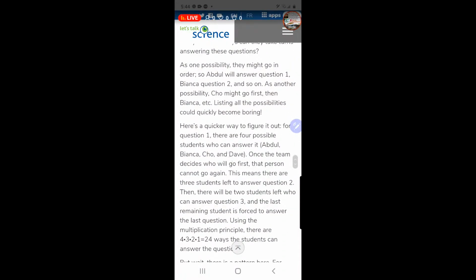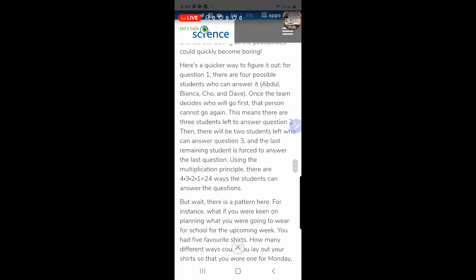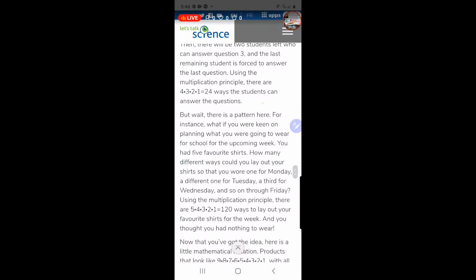Listing all the possibilities could quickly become boring. Here's another quick way to figure out question number 1. There are 4 possible children who can answer, and then one team decides who will go first. That person cannot go again. This means there are 3 students left to answer the question. There will be 2 students left, and then the last remaining. And using the multiplication principle, 4 times 3 times 2 times 1 is 24 ways the student